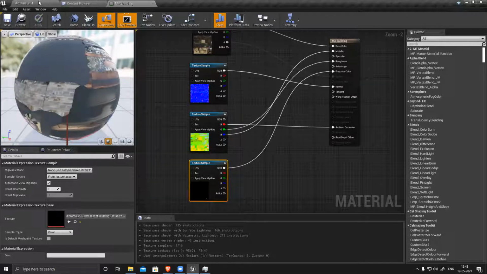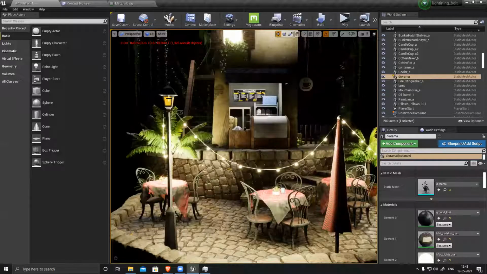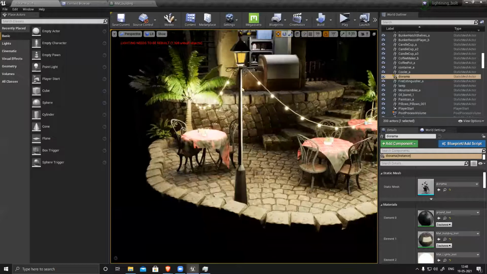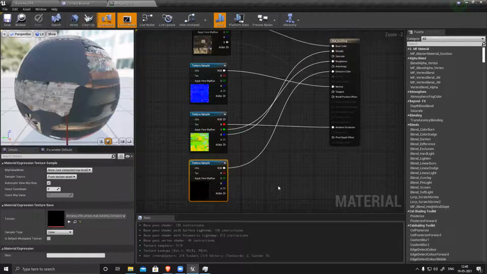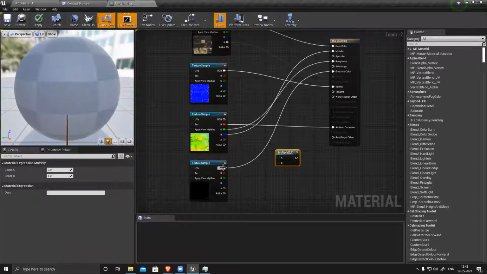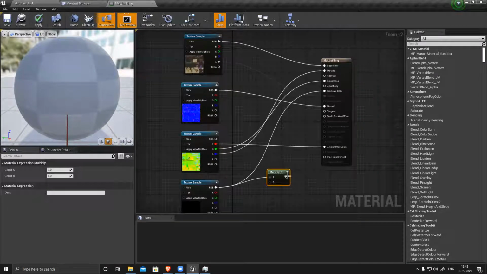Saved. Now if you go, you can see it's glowing, but it only has the color. There's no glow in it. So to create this glow effect, I need to modify the material. I need to add a multiplier here. Press M and left mouse button. It will generate a multiply. Connect this output to A, and this to emissive.